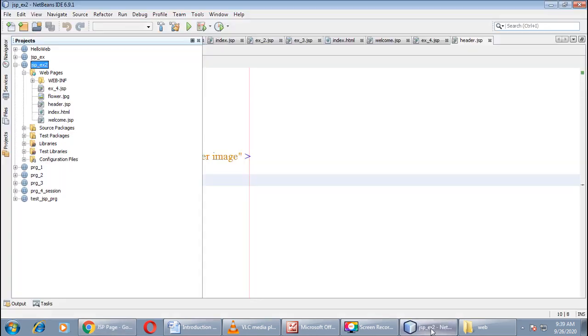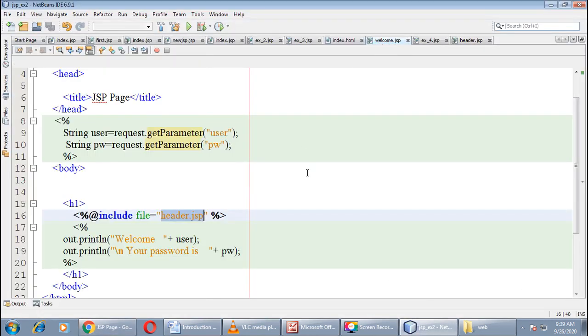Let us see the coding of welcome.jsp. Here it is. We have included this file. Exactly below this, what I have written is welcome, and then username, and then your password is, both the things are printed. So this is a usage of include directive. Let us go through the